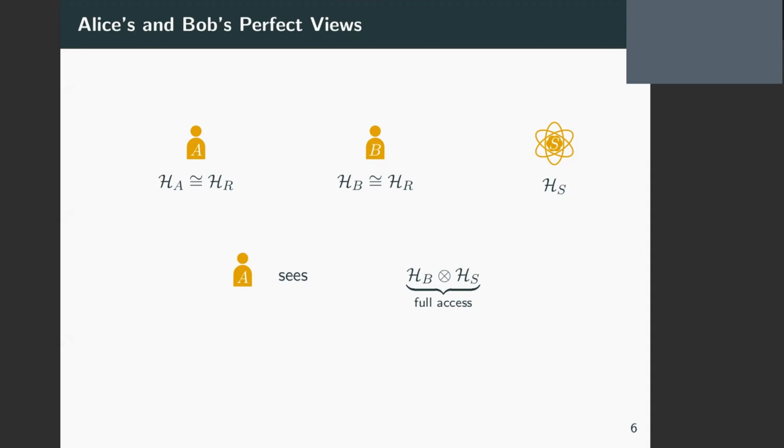But her own reference frame still survives. It's still some kind of quantum system that's still there, although she cannot really use it to observe itself. It's kind of a problem. So a priori, we don't really know what we should do with this. The solution will be that we give her access to this, but then have some restriction on the kind of states that she can have there. The same goes for Bob, of course, where now the restriction is on his part. Let's now talk about this restriction.